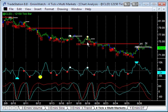Then just looking at crude, similar time frames, highest time frame tick bar chart. Today we had our cyclical resistance form here with some profit taking stopping volume patterns. We've come back down to the 73 level, but again you can see this